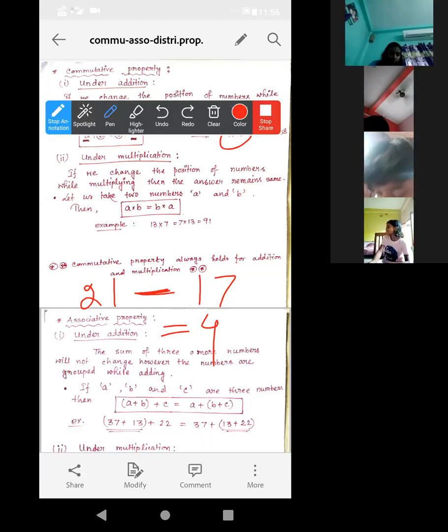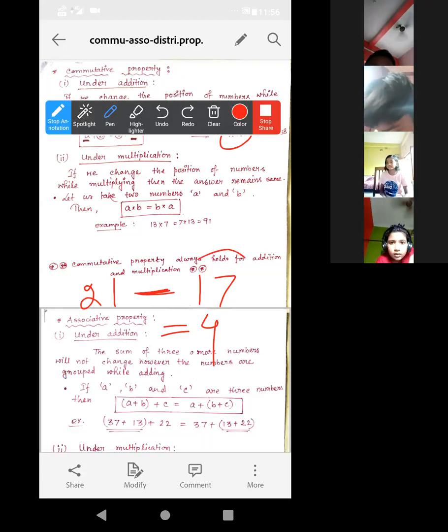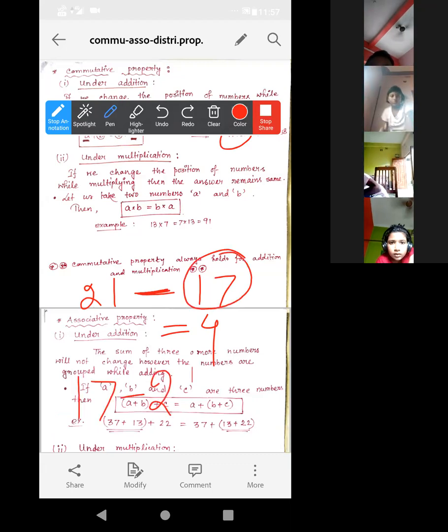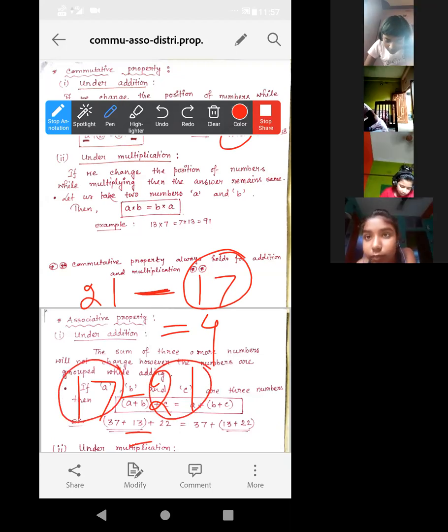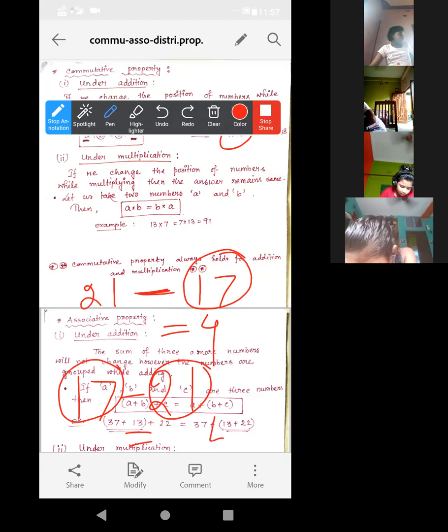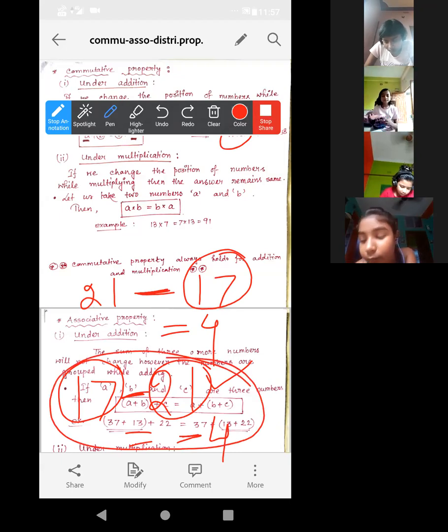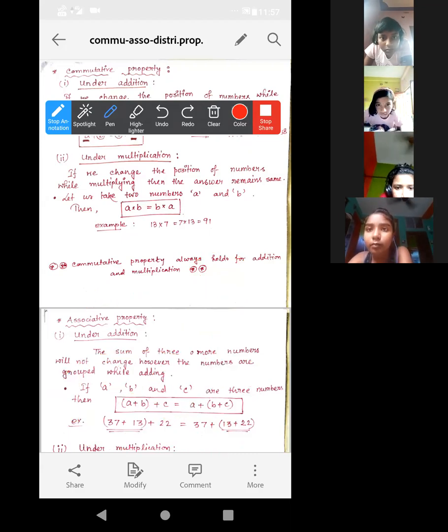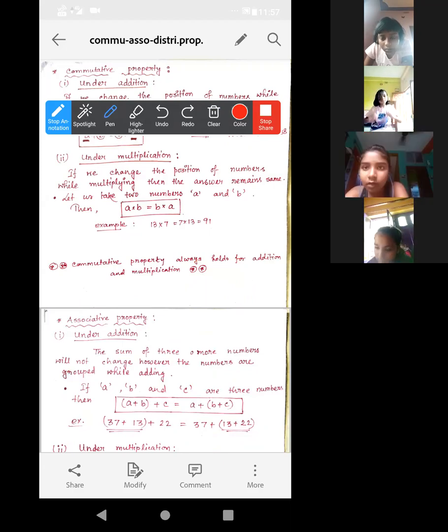But if we do it alternatively, suppose after changing the position, 17 minus 21, then also it will be normal subtraction from the greater one, the lesser one. But always after doing the subtraction, we have to put the sign of the greater one. Here, the greater one is 21, so it will be minus 4. It is not same, okay? Basically, from a lesser number, we cannot subtract a greater one. If we subtract this, it will be a negative number. So for subtraction and division, sometimes it is not satisfied, sometimes satisfied, because when both numbers are same, then it is satisfied, okay?